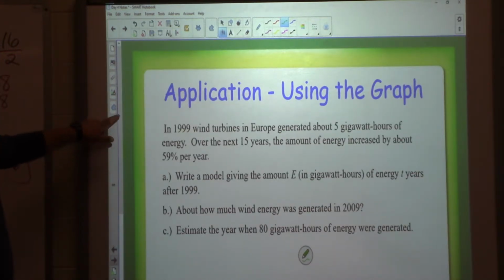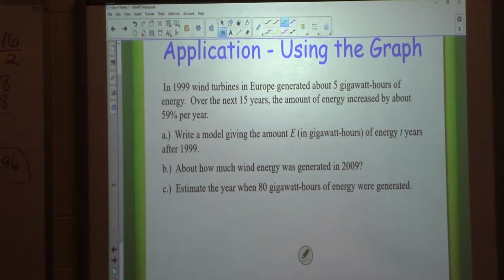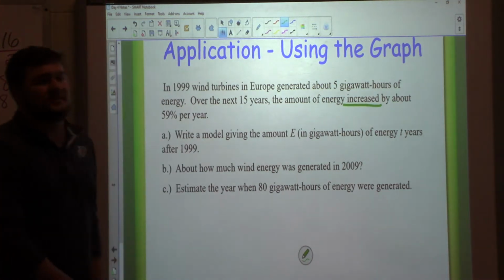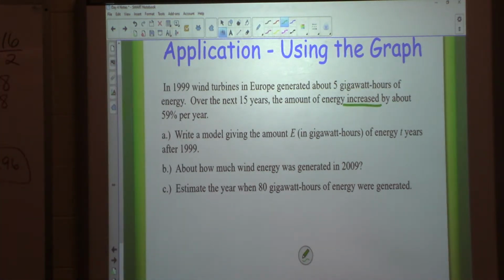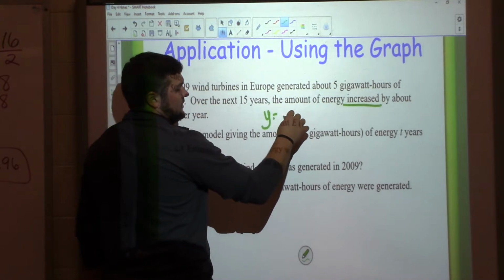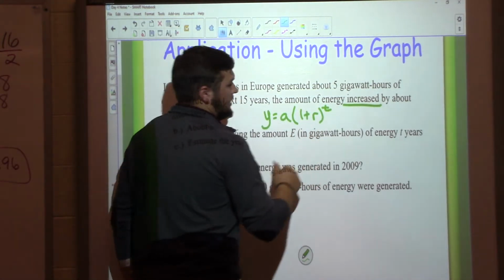In 1999, wind turbines in Europe generated 5 gigawatt hours of energy. Over the next 15 years, the amount of energy increased by about 59% per year. Increase is telling me I have exponential what? Growth. So if you'll recall, our exponential growth formula is y equals a times 1 plus r to the